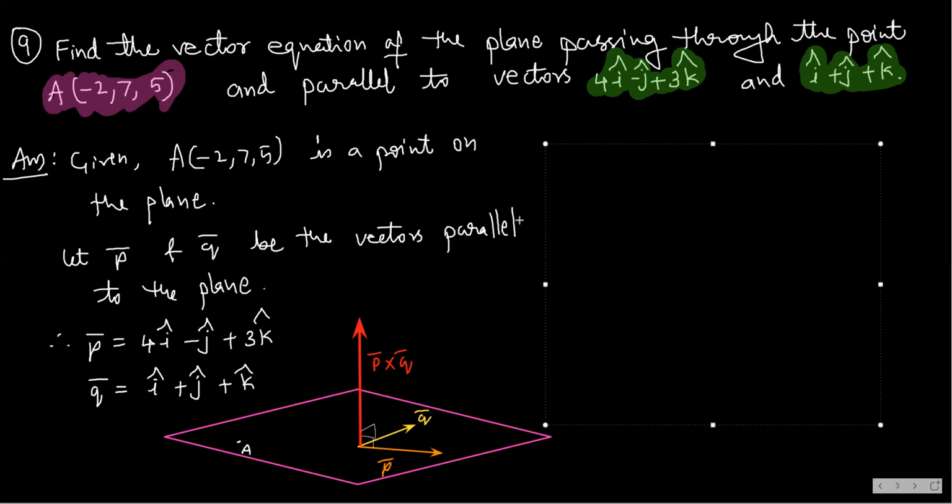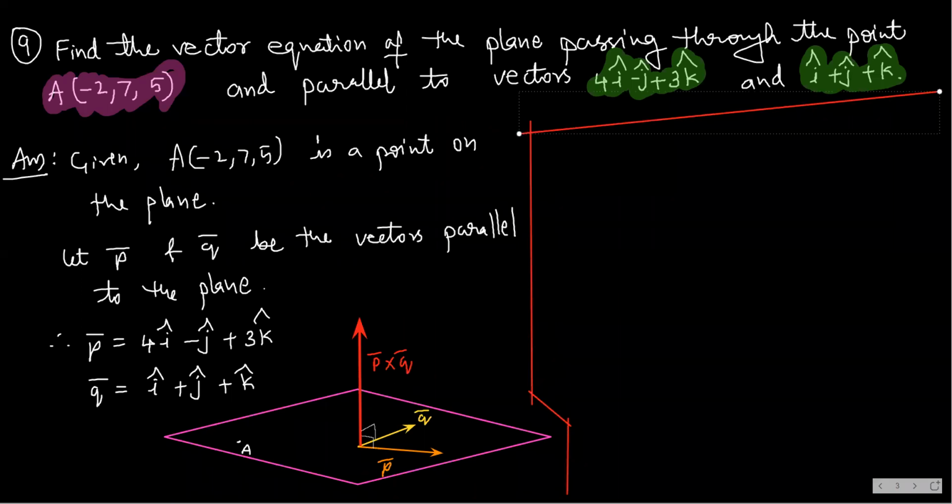When I'm drawing the diagram for you all, I make an attempt at a very neat and clean diagram because I am making you understand. But once the idea is clear, then you can draw even a freehand diagram. A freehand diagram is also okay, no worries. So what is the next step now?